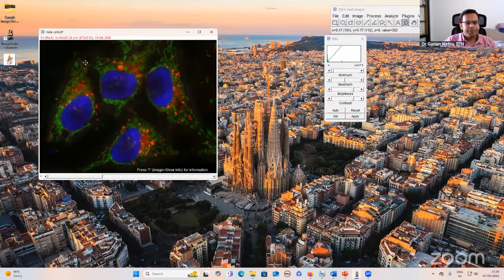Okay. So this is a 3-color image. Now see, this image doesn't have Z-stack. It has only 3 channels. The first one is the red channel, second one is the green channel, and the third one is the blue channel. Okay, so there is only one scroll bar for channels. And it was also acquired by a 16-bit camera. Okay.